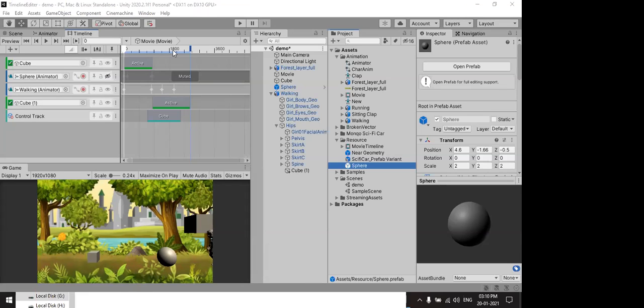Cinemachine is a component. In the same way, it controls all game animation, the camera animations and everything. Okay, so it has two things. One is the Cinemachine brain. Second one is the virtual camera. We have only one camera, and that camera we consider as the Cinemachine brain. Second, we create a lot of virtual cameras. Depending on those virtual cameras, we move the Cinemachine. First we create a canvas first.